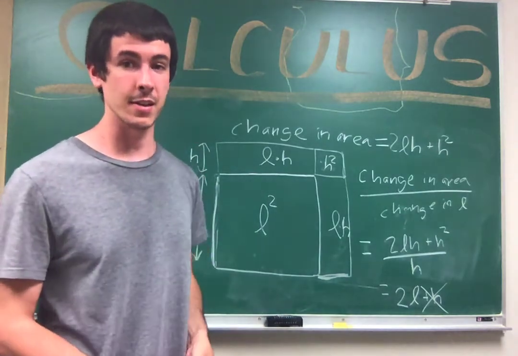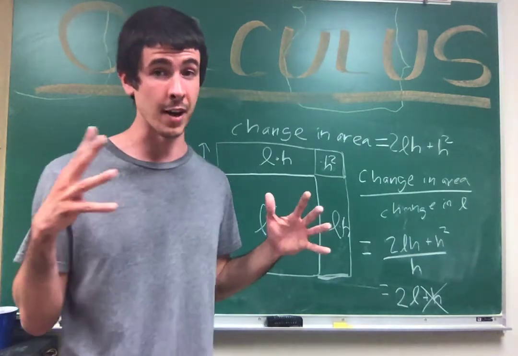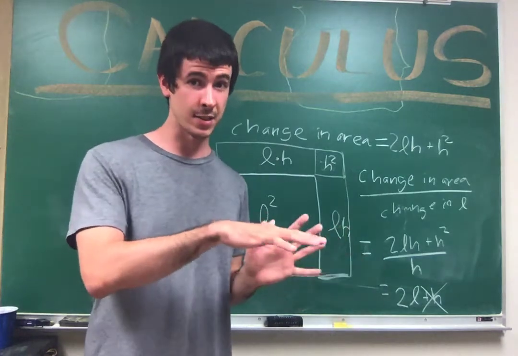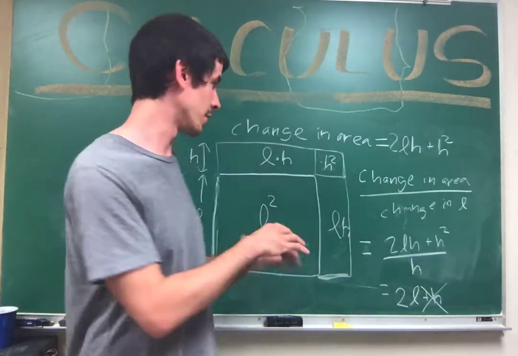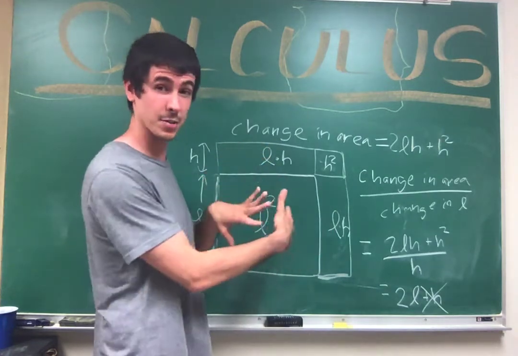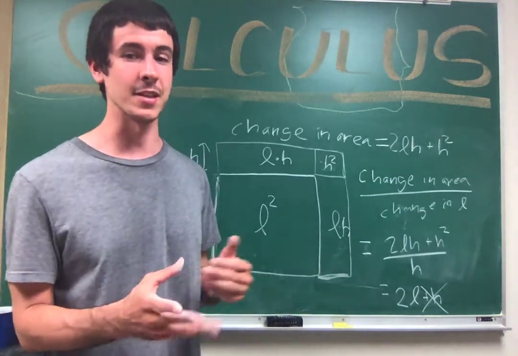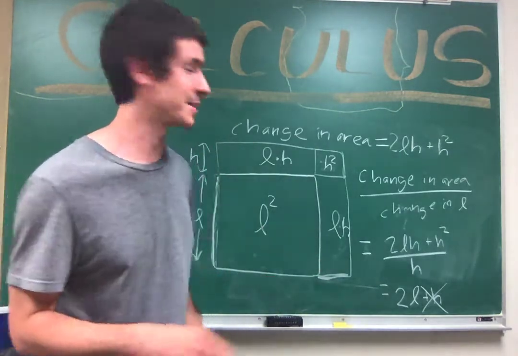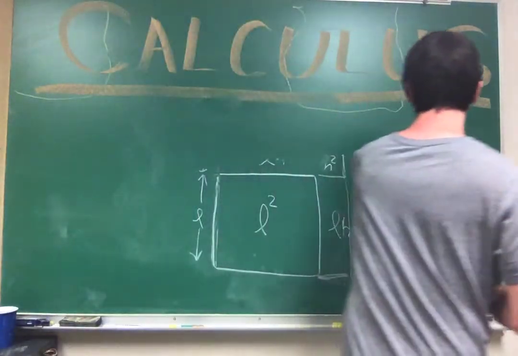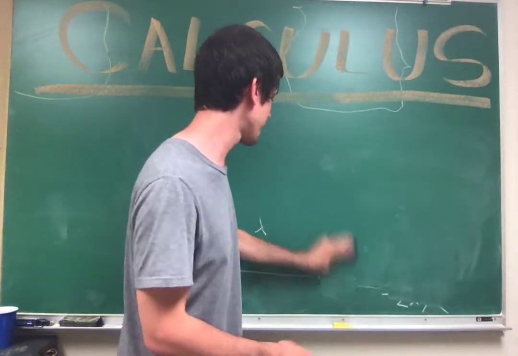And of course, we'll get more into this as the class goes on, that's for sure. And you can think of a similar thing with the volume of a cube. As the length of a cube increases, you have 3 square faces, and so it grows. If this were a cube and the 3 square faces were growing out, it would be 3L squared. Of course, I haven't explained that all rigorously. We'll get there, and we'll get much further too, as this class goes on, in our 5 weeks together.